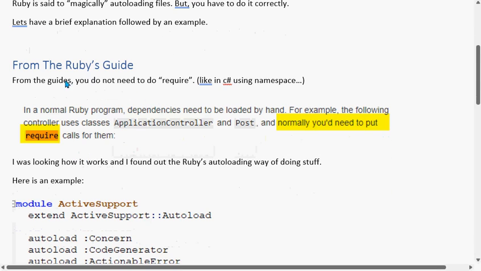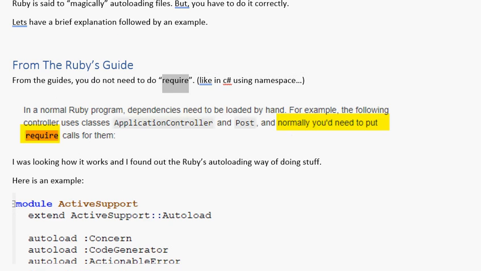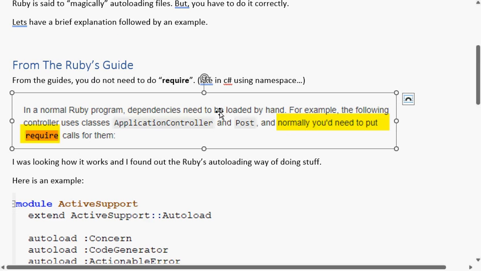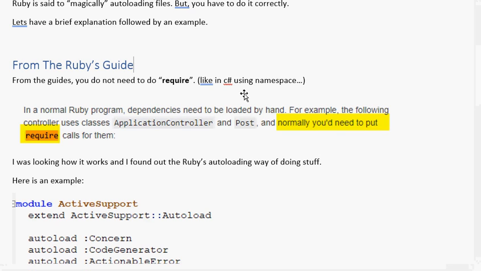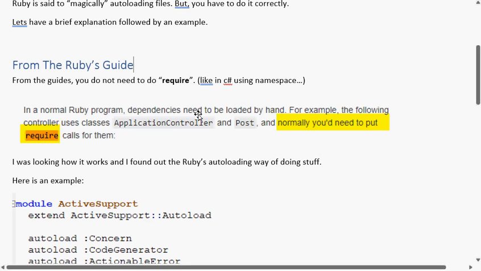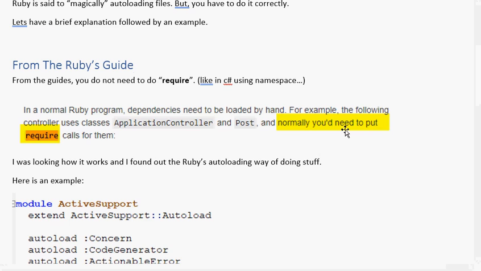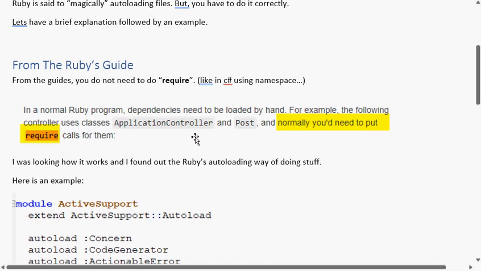So, from Ruby's guide, you do not need to have requirements, like in C# where you use a namespace. Again, Ruby says that you don't need that. Here in the description from the guide, it doesn't have to be loaded by hand. You normally do not need to use require. At some point you can in classes, but you could have some problems doing this also because of the framework. And also,